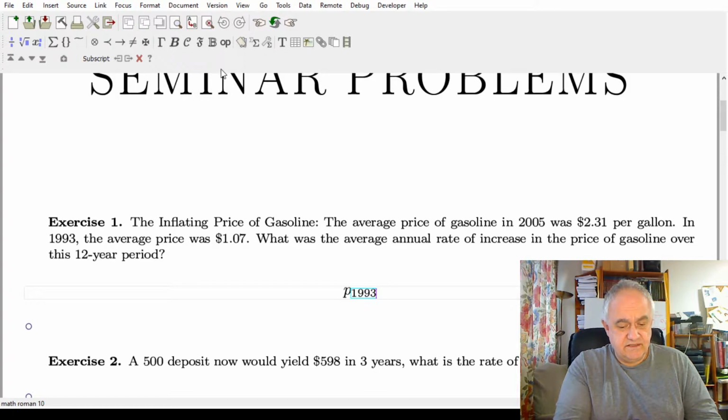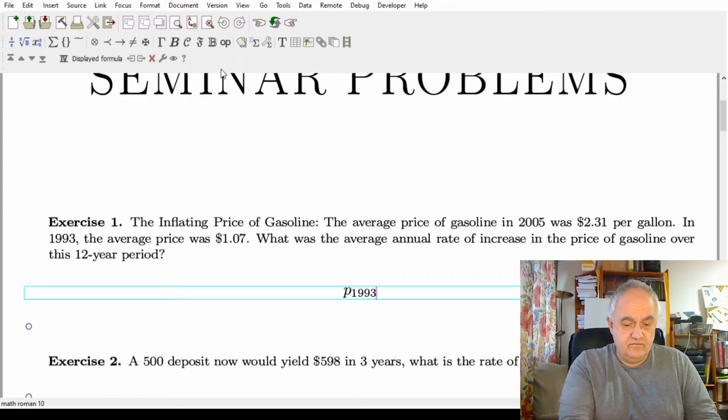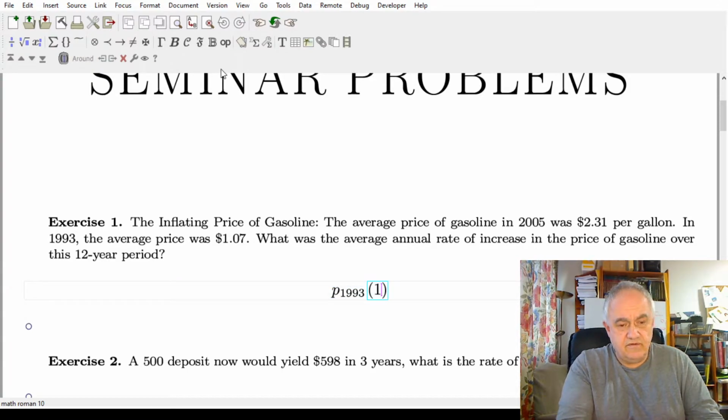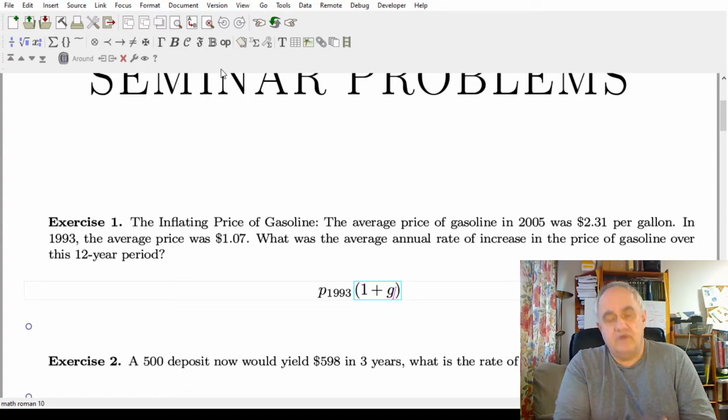And this price is subject to a given, but unknown, rate of growth. We call this G. So every year this price is transformed into an increase: the initial value plus a proportional growth rate. Let's say